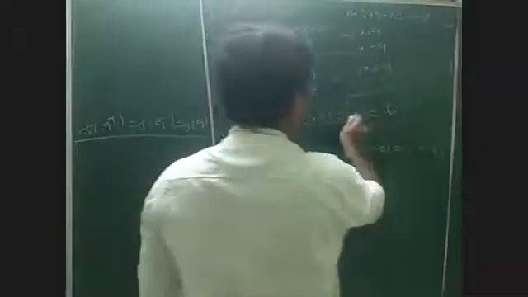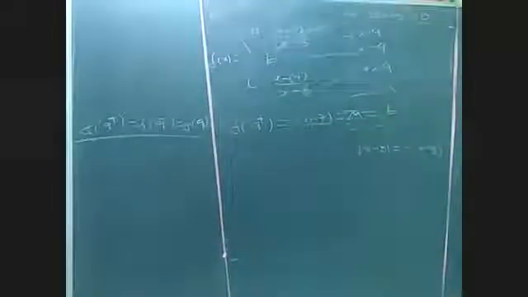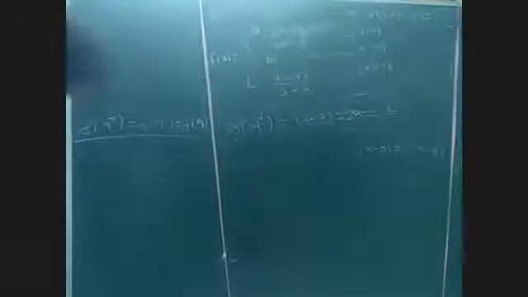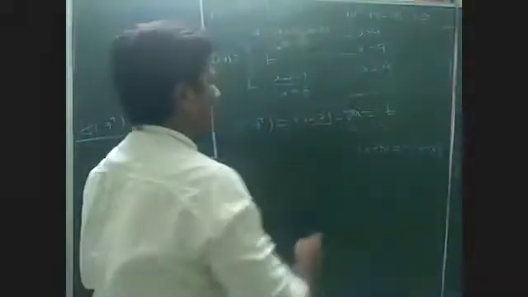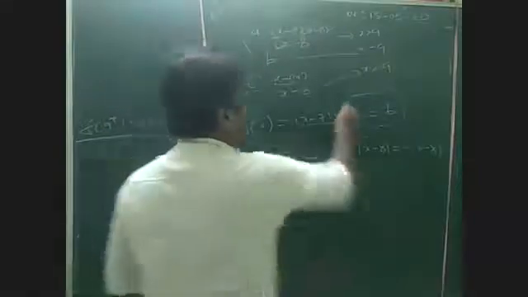Two times A now, sir. Sir, we have A on the left side. Oh, A will be there. Right, A is given. Okay, 2a is equal to b, we got. This is one condition.